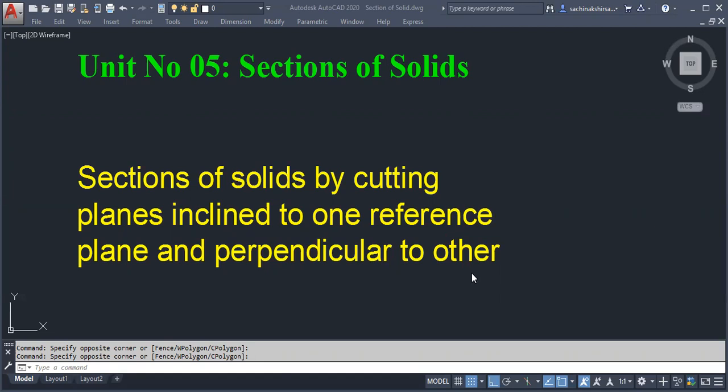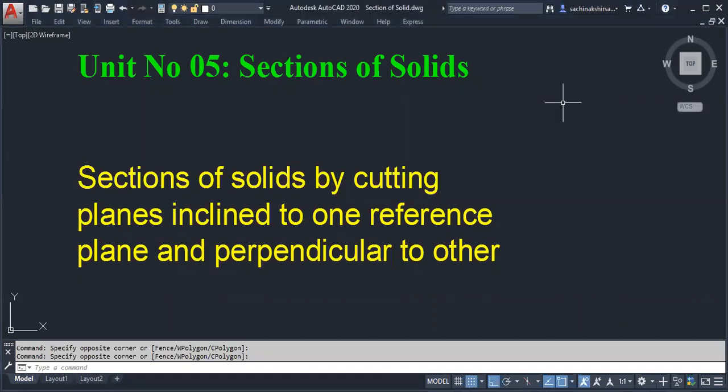Am I audible? Sarthak Lokhande. Kylie, 35. Yes. Read the syllabus, one line only.